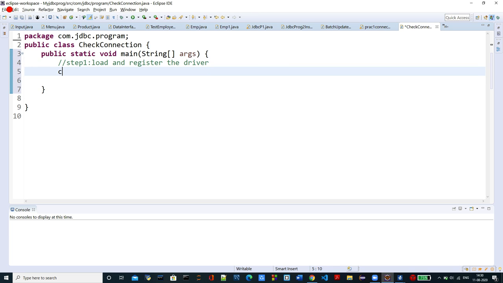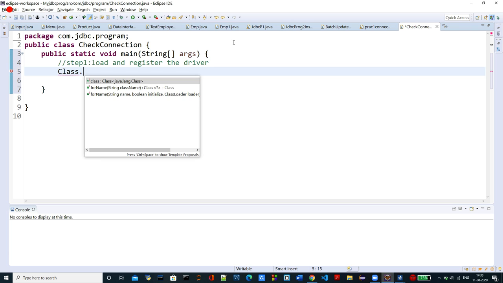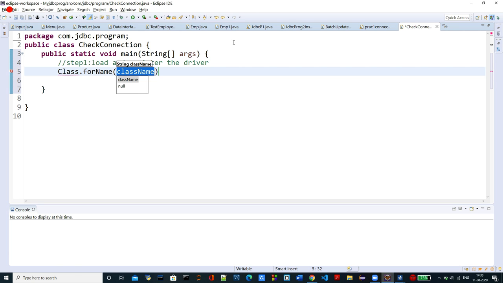By using Class.forName, I can load the driver here.